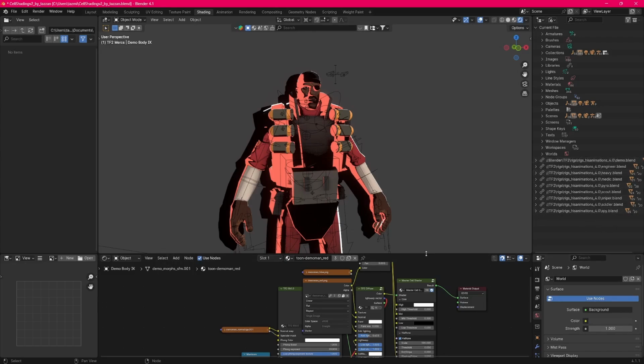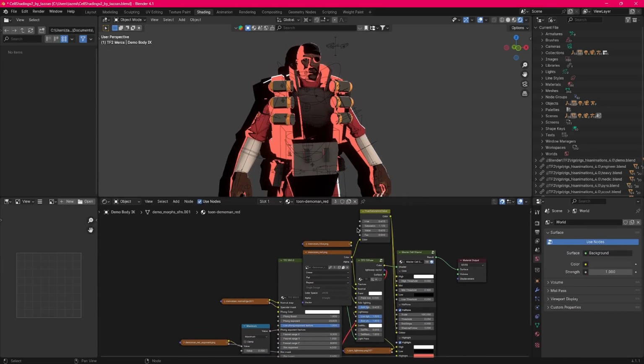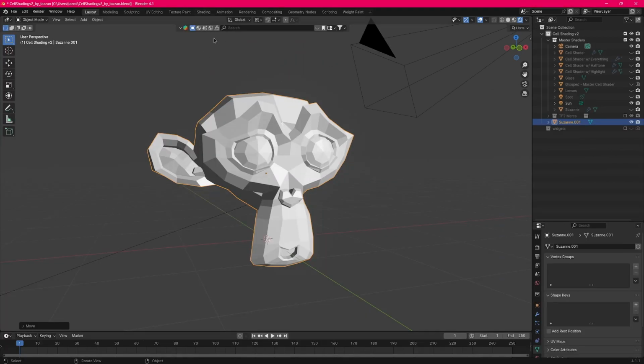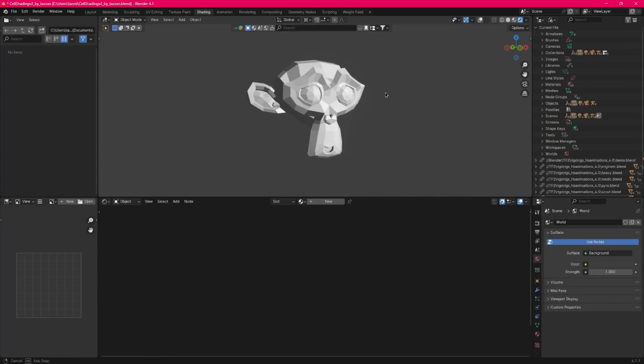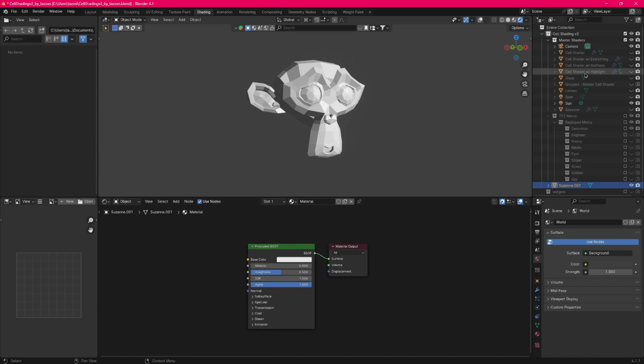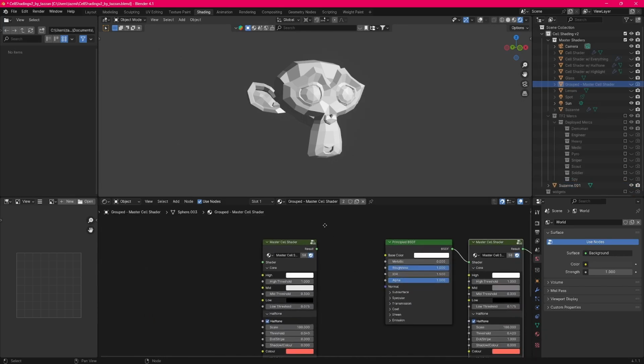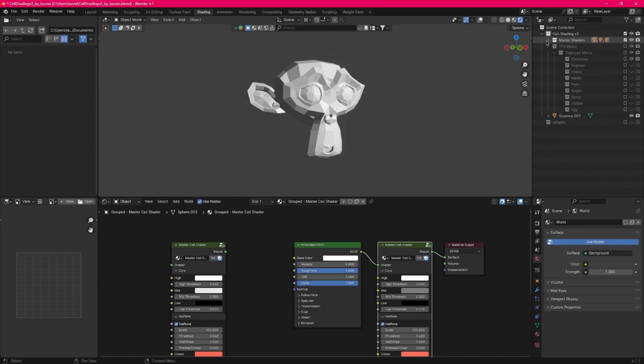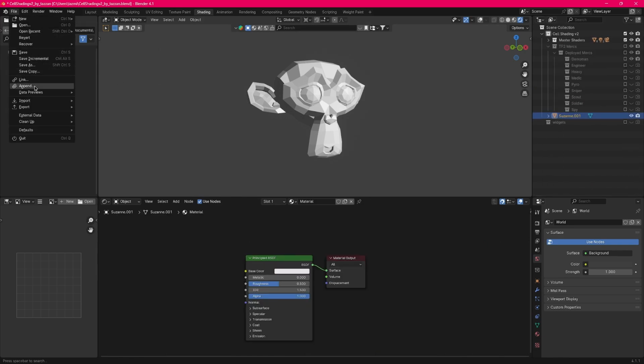Now let's go into some more details of how to exactly use it and what everything in the shader actually does, and we'll go over some questions that people have been asking. Let's say, for example, you have a brand new model here, you just want to put the shader on it. What you're going to want to do, go to the shading tab or whatever tab you want. You want to click new, and then in this material, you can either copy paste the material from here, which is the master cel shader object, or alternatively, you could do file append,